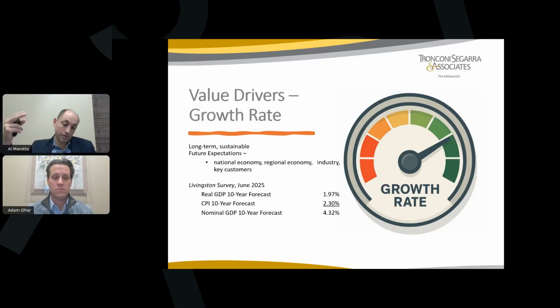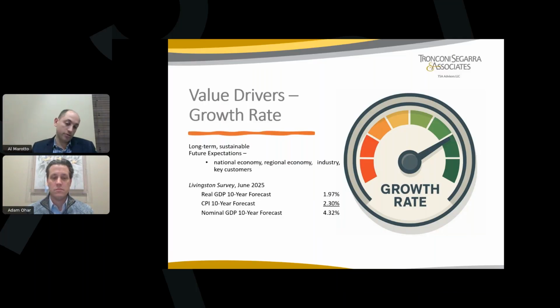Let's see, earnings, because to capture that increase in revenue, you're usually having to put a lot of expenses into it, whether it be increases in salaries or workforce, et cetera. So what do we usually peg that growth rate to? What I like to look at is a Livingston Survey that's produced by the Federal Reserve Bank of Philadelphia. What they provide is a 10-year forecast of real GDP and CPI. Real GDP is essentially just the growth in goods and services sales from year to year without accounting for the impacts of inflation. So this is just the volume of goods and services they sell at steady prices. CPI forecasts the growth in prices.